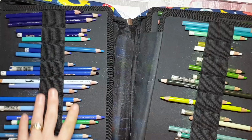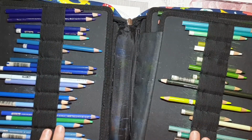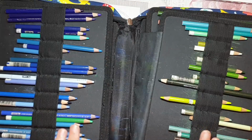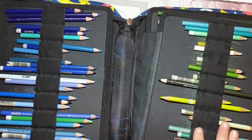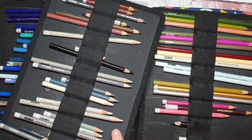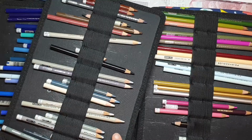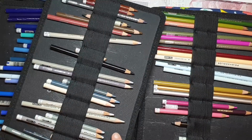colors. I've got a beautiful range of blues. I'm still getting to work on the different ways of blending and combos for the greens. But I also really do enjoy the variety of grays. I find that gray comes into play in coloring and in art in so many ways, ways that I didn't